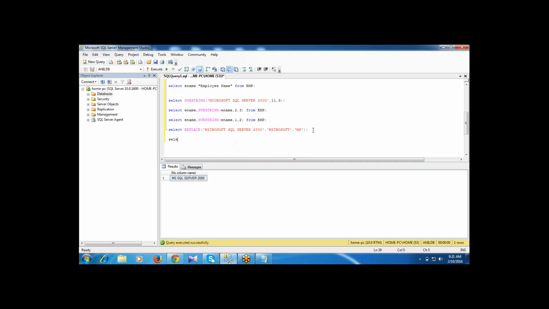Friends, in the same way, here I'm writing the ename column. Wherever I'm having the S, I'm replacing it with AA, from the emp table. Like this. Is Smith there? Yes. Here in the result, after applying the function, we are getting AA in place of the S. The replace function replaces the string with multiple characters or a selected number of characters. Got it, everybody? Are you following me?